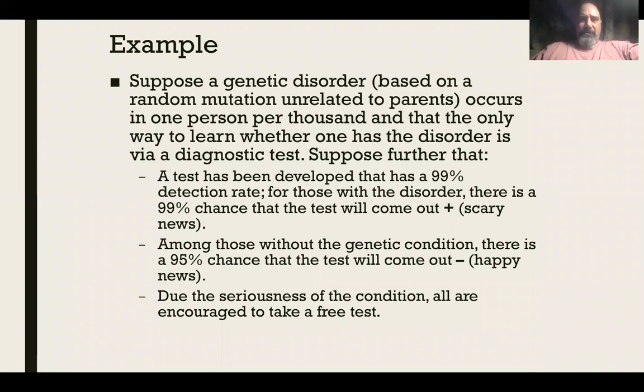So here's kind of a classic example where we can apply Bayes' theorem, and that's in testing for some disease, some condition. We could do it with COVID. Things get complicated when we're in situations where you're getting tested because you have certain symptoms that may be indicative of a disease. So we're going to keep it simple for this example and assume that there's some genetic disorder